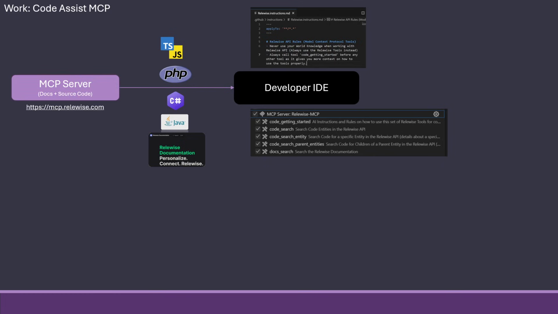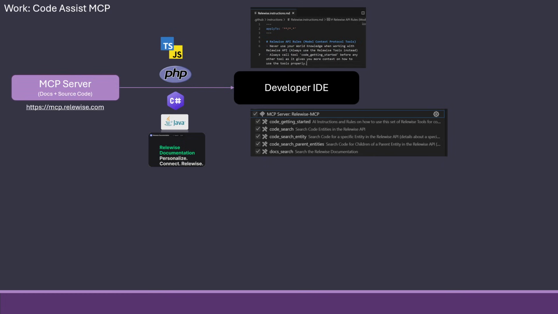Then we have code assisted MCPs. So this is an MCP server that we have built. And in general, it's just an MCP server that works with docs and source code. So all this code is in private repositories, but we grab the code.